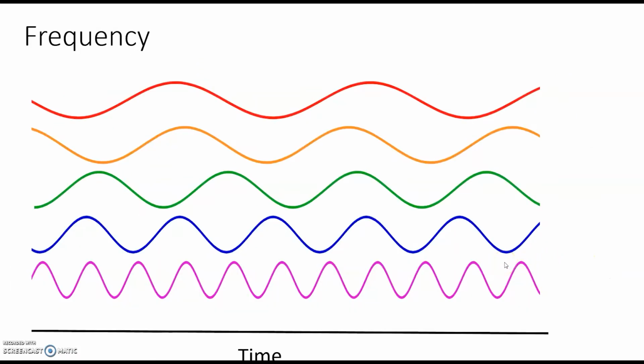Another thing we discussed was frequency. Frequency is the number of waves that can pass in a given amount of time. Lower frequency sounds have fewer wavelengths in a specific period of time. We saw this with our guitar strings. The really thick rubber bands had a much lower pitch. So pitch is another way to talk about frequency.